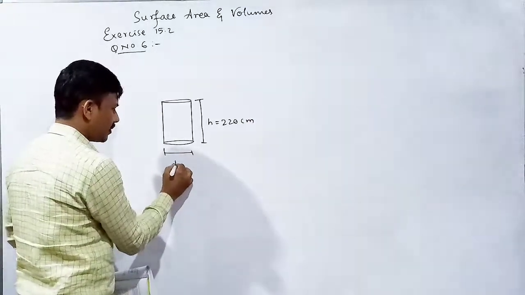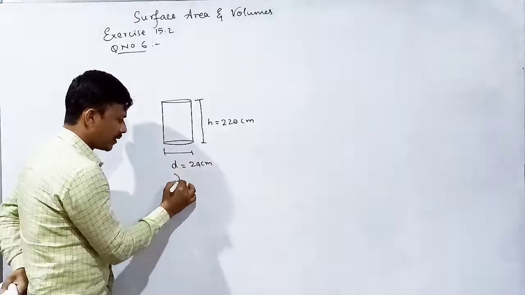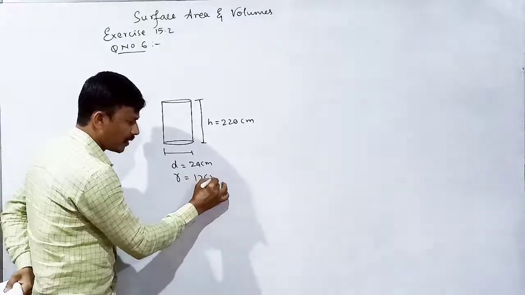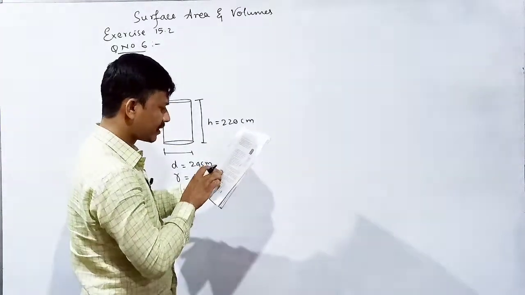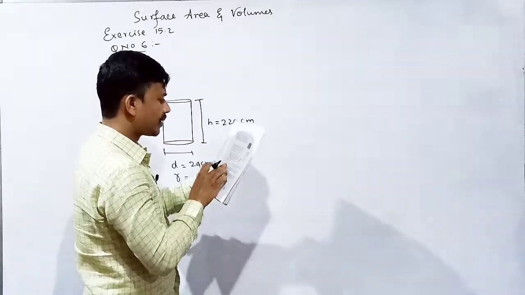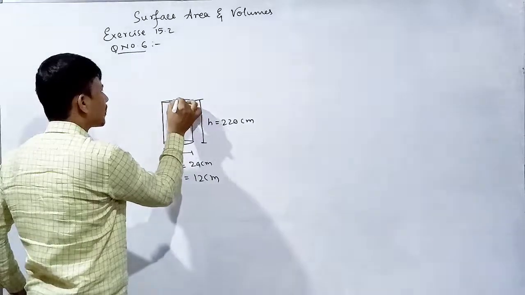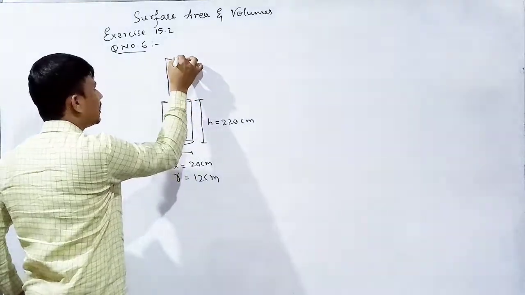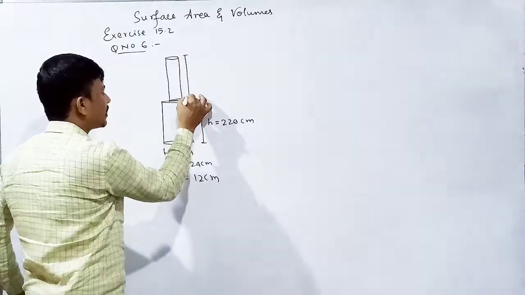Yes or no? D is equal to 24 cm. Therefore the radius is 12 centimeter. Is surmounted by another cylinder of height h equal to 60